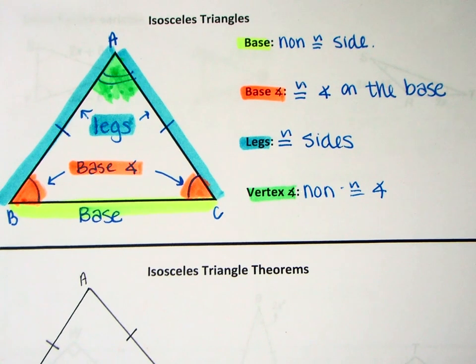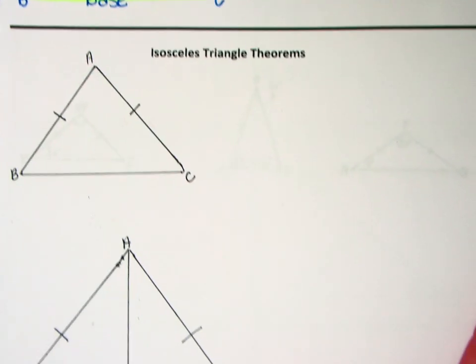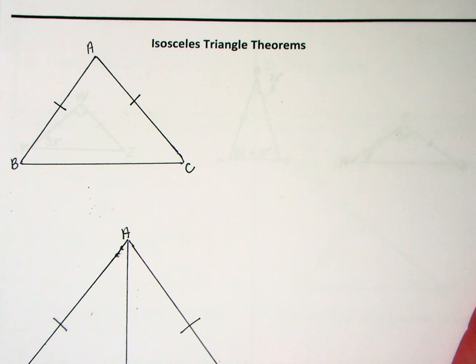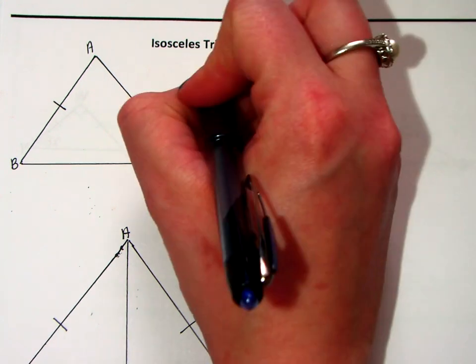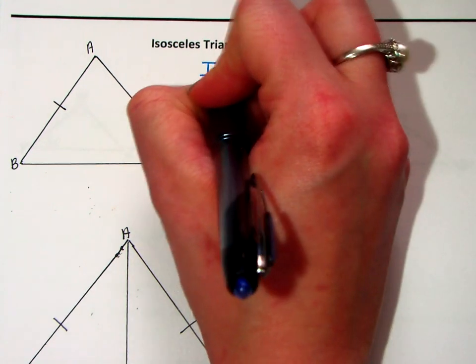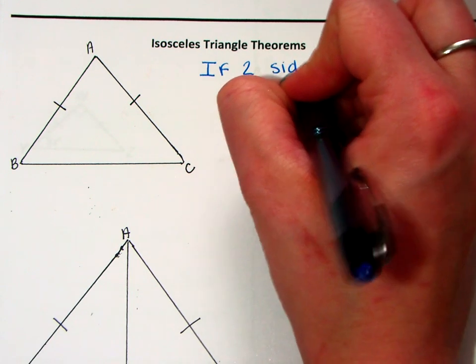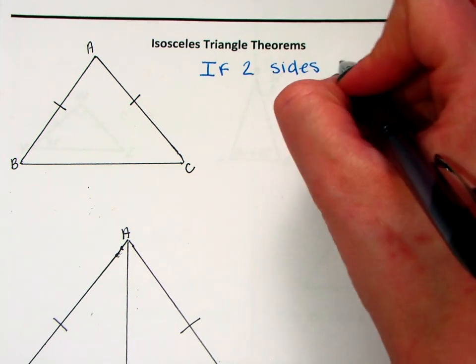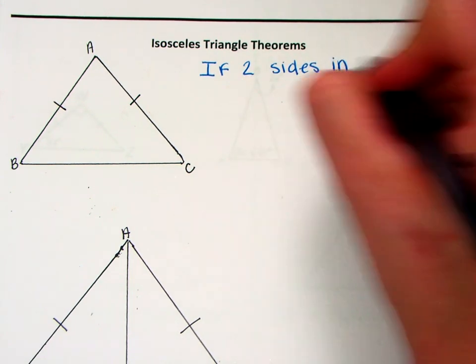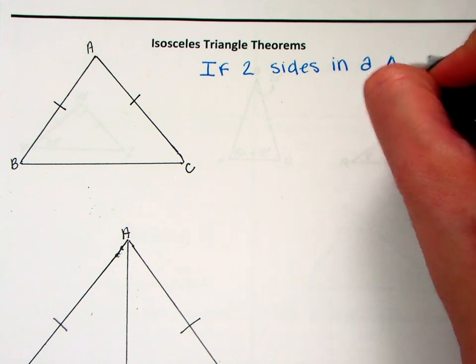So let's jump down to a theorem regarding isosceles triangles. The first is about how to determine what is congruent, and this is called the isosceles triangle theorem. Okay? This theorem states if two sides in a triangle